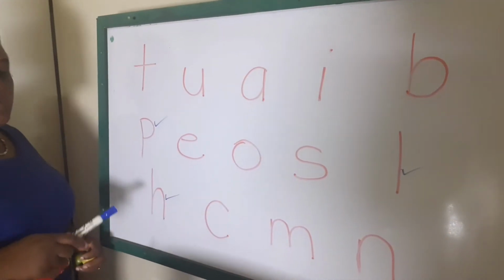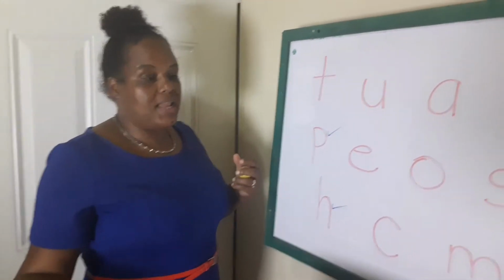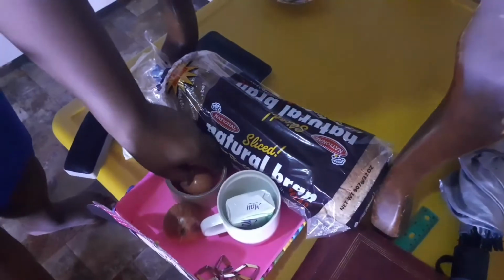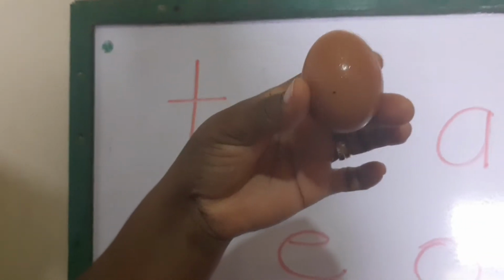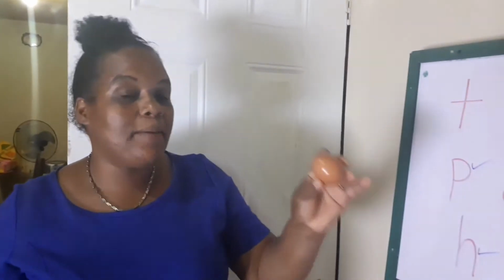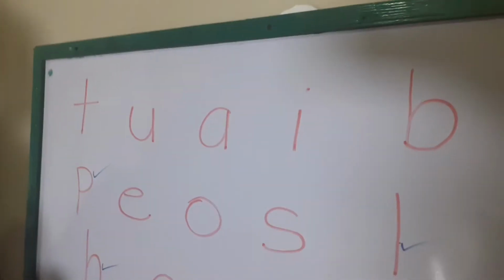Here is letter L. Straight line down is letter L. All the letters of the alphabet, we have common letters and we have capital letters. But that we will do in another class. Okay? Let's see what Minnie Mouse has for us again. She has, what is this? How many eggs do you see? 1 egg. Let's make the sound. Listen for the sound that you hear at the beginning of the word egg. I'm hearing the e sound. That means the word egg begins with the e sound. Let's find the letter on the board that begins with E.